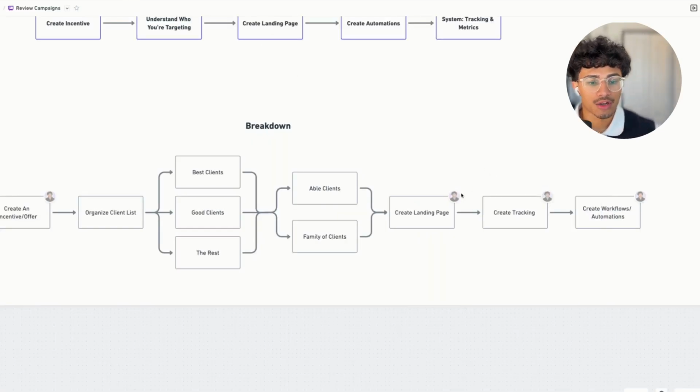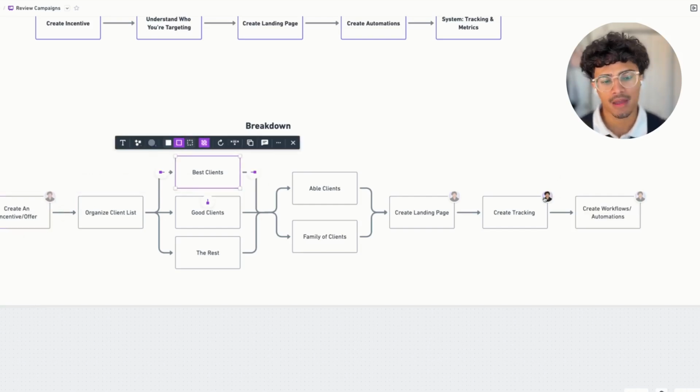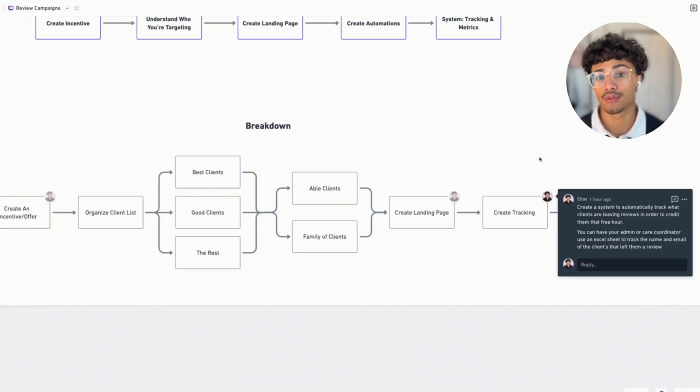Now, once you've created the landing page, you want to create a way to track and properly credit them based on the offer. Now, if for your best clients you're not going to do an incentive or an offer, that's totally fine, but you still want to keep track of who's leaving your reviews